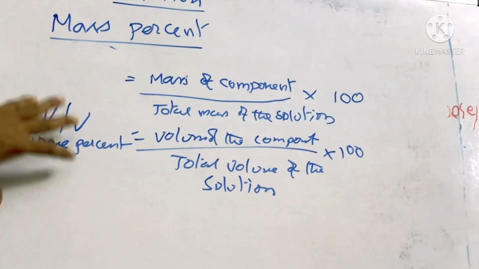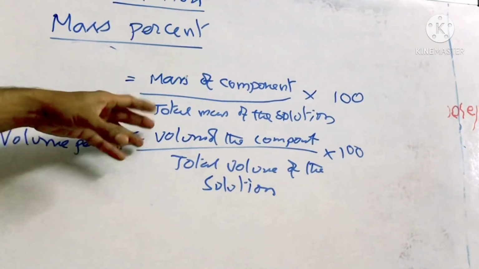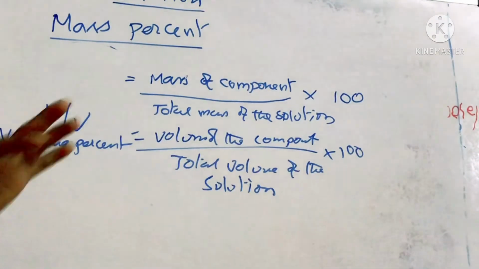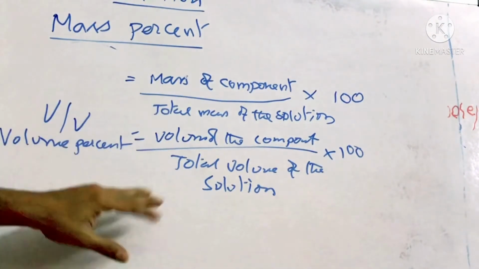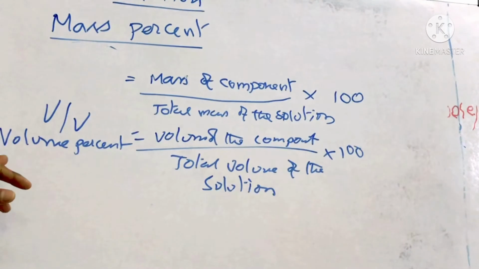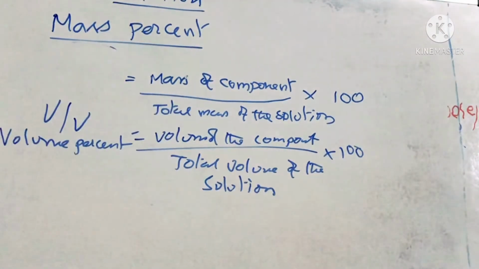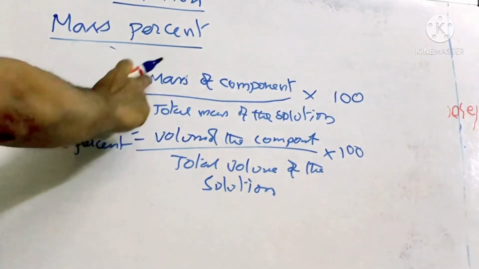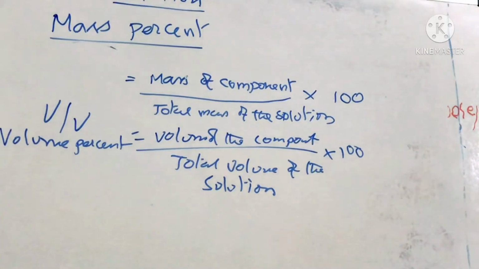So this is used mostly if both components are in liquid state. Your solute and solvent both are in liquid state, it is easy to use. Okay, so the variation will be less. With temperature the variation will be there because volumes will change, but here there will not be any variation because the mass will not change with the temperature. So we should also try to use volume percentage. So if both are liquids, it is better to use volume percentage, V by V into 100.